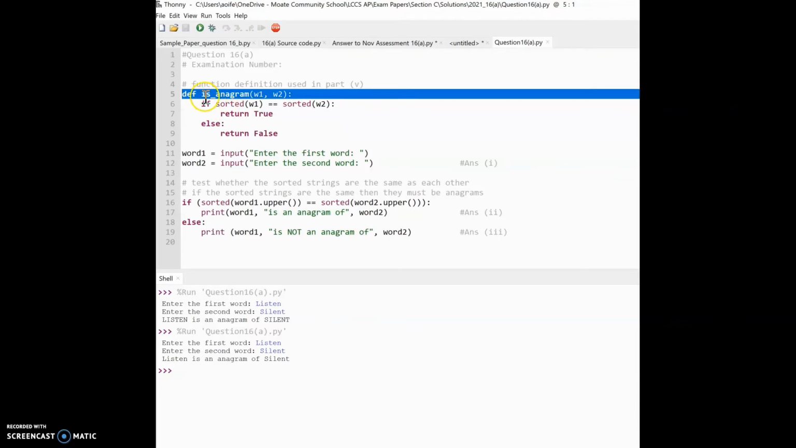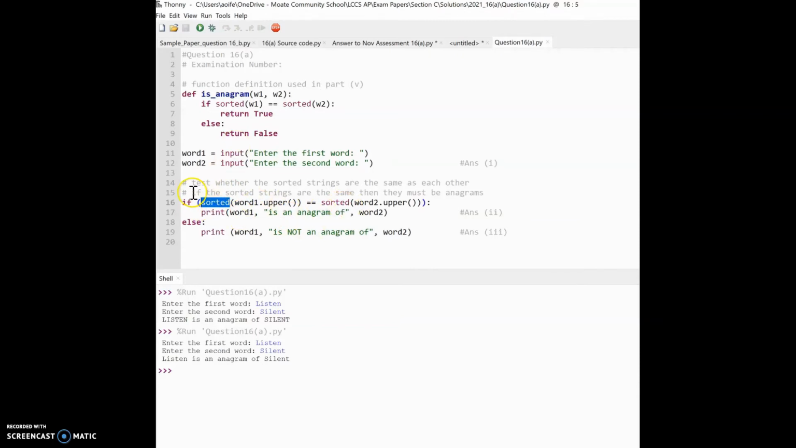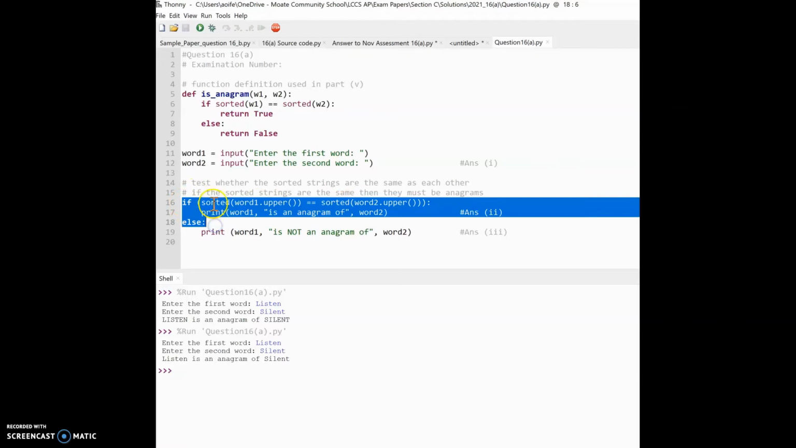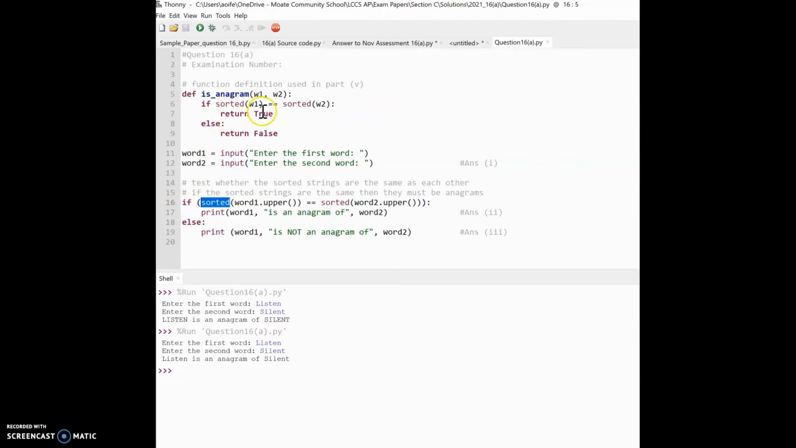So here we have defined a function, but we've never called that function at any stage. We've defined it and we haven't used it. Down here we have come up with another solution, which is to check if it's sorted, and it's an if statement and else statement. So if sorted word 1 equals sorted word 2, then they're anagrams of each other or not. What we're going to do here then is just put in our definition. So we're going to call it, so if is anagram, just make sure you spell it correctly, if is anagram,